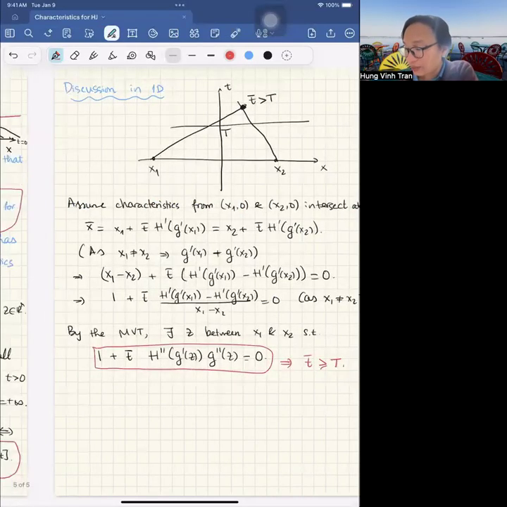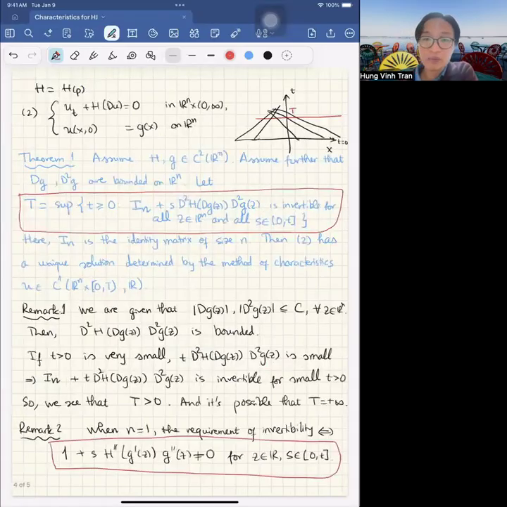Because the definition was that capital T is a supremum of the time in which I would not yet see